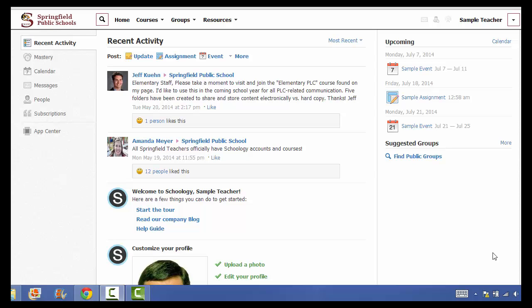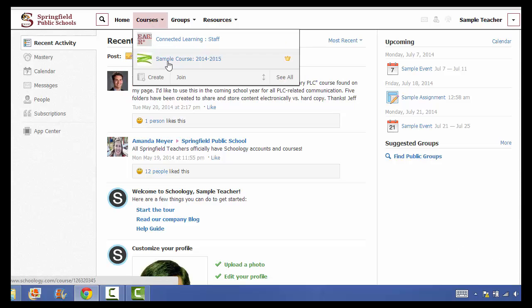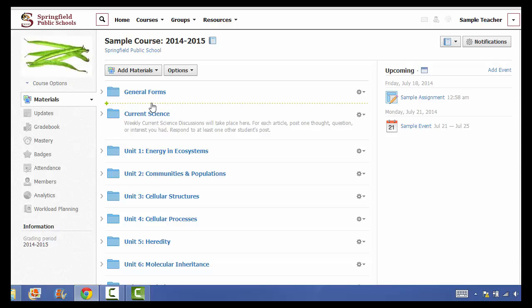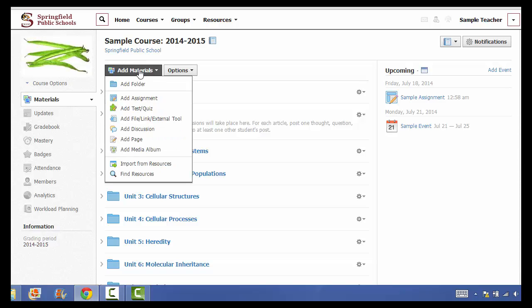This tutorial is about adding different materials to a course. So first you want to go into the course where you want those materials added by selecting from the courses menu. This course already has a bunch of materials added as examples, but I'm going to show you how to add new materials. So you go to the Add Materials button and the drop-down arrow, and we're going to start